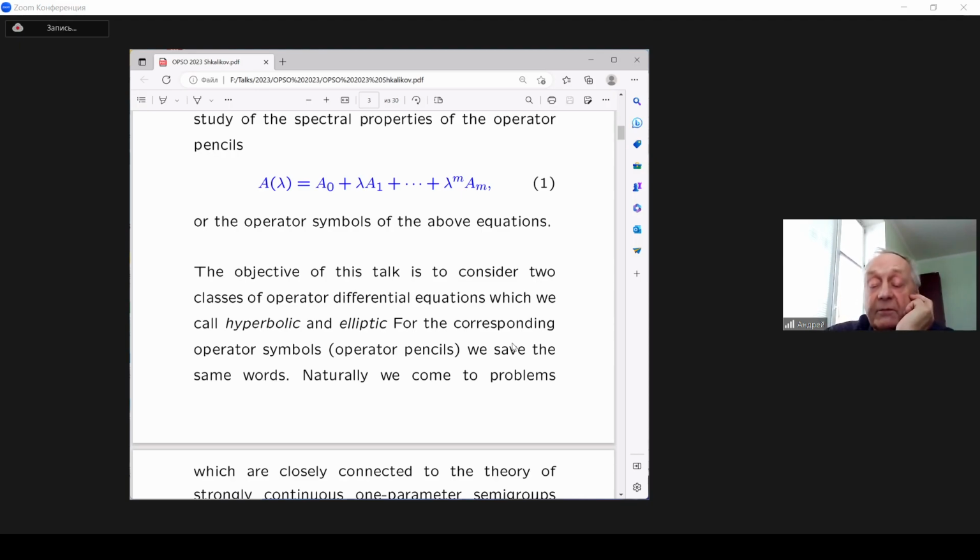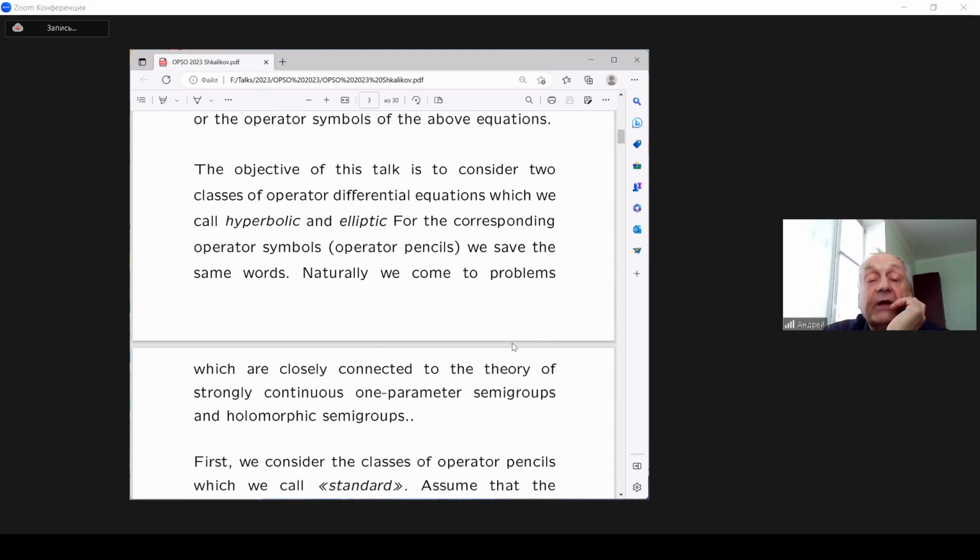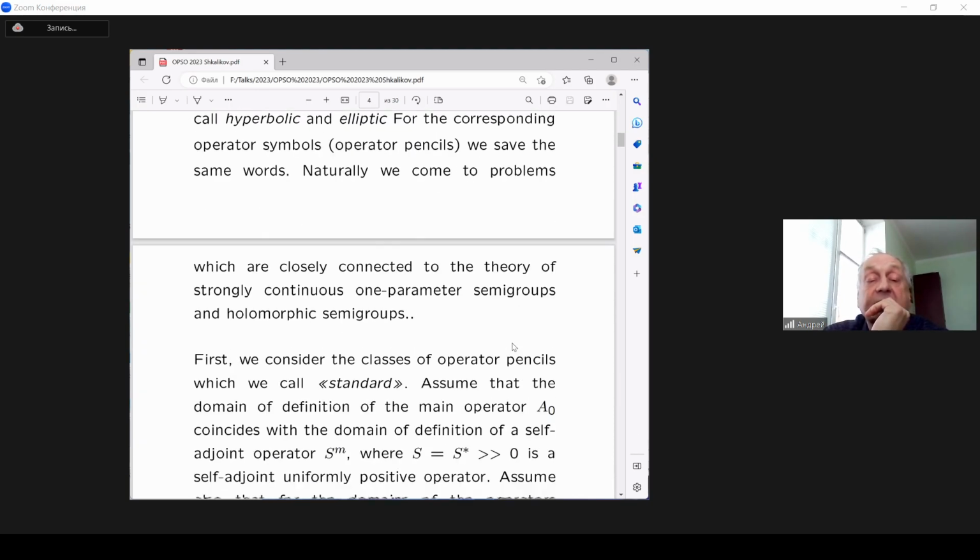For the corresponding operator symbols, operator pencils, we use the same words. Naturally, we come to problems closely connected to the theory of strongly continuous one-parameter semigroups and holomorphic semigroups. So in the third part, I will speak about factorizations of elliptic pencils, and the